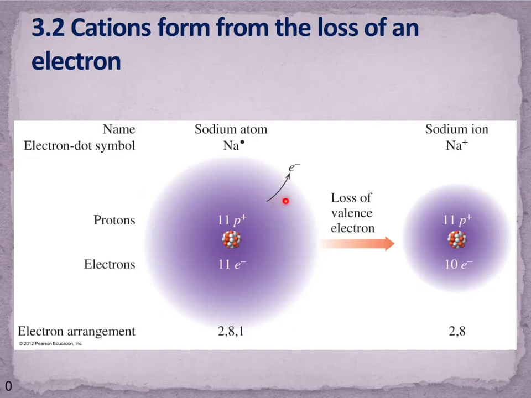Then I lose an electron, so one of my electrons is lost, and we'll talk a little bit more about where it's going in just a minute. We lose an electron from the sodium, and then we have 11 protons and 10 electrons. Remember, I can't see a change in the number of protons because that's the one that determines the identity of the element, so the protons have to remain the same. But now that I have 10 electrons, I have more positive charge than I have negative charge, and as a result, I have a +1 charge